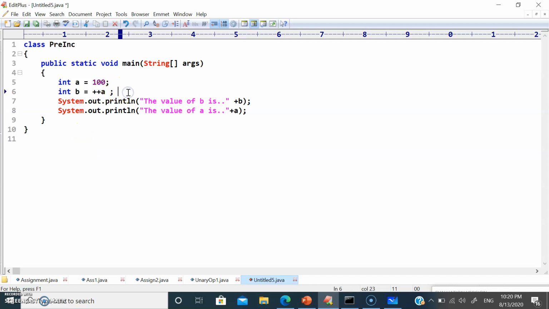So the b value is going to be 101. At the same time a value is also going to be 101. Let's check it.